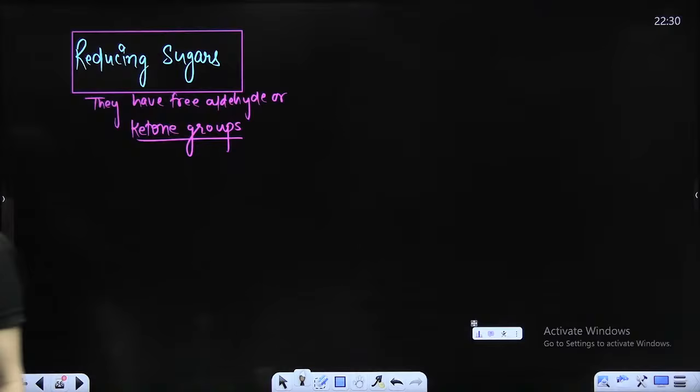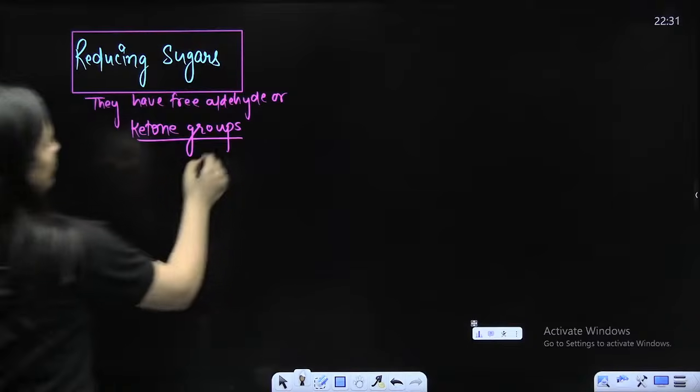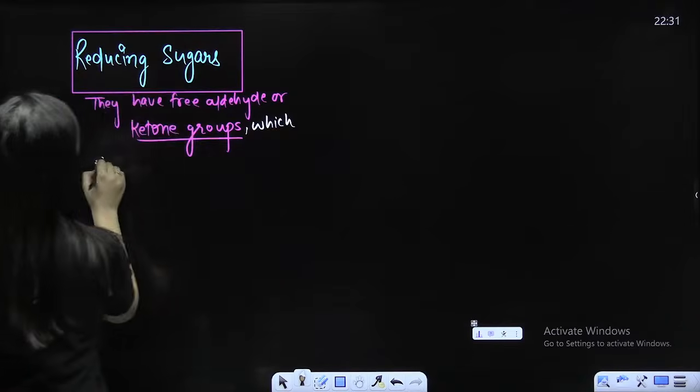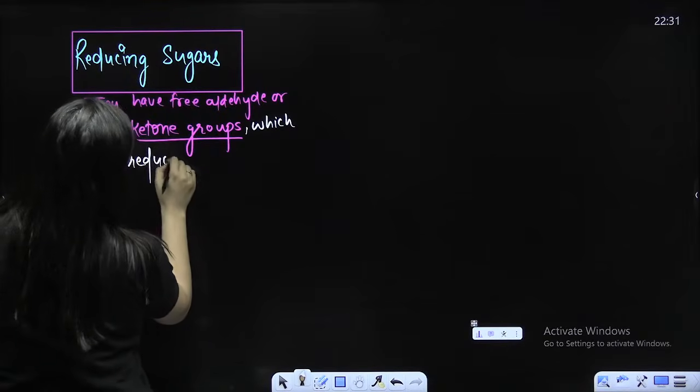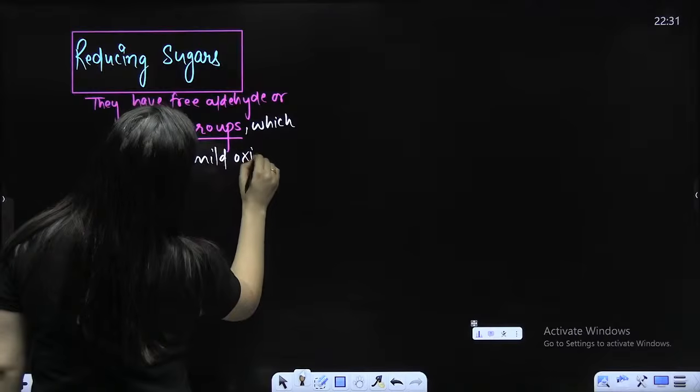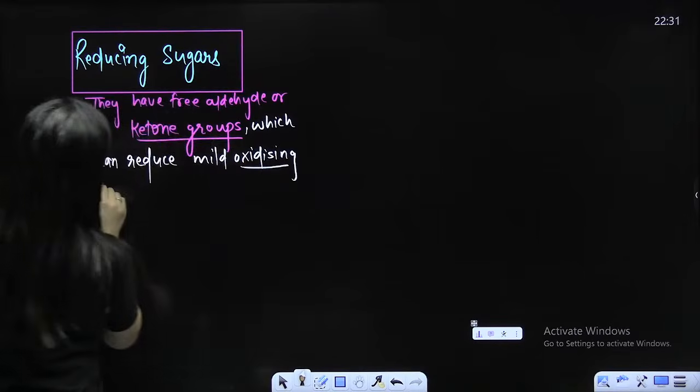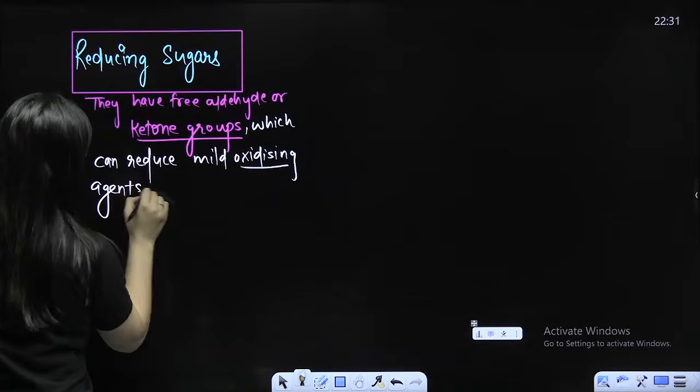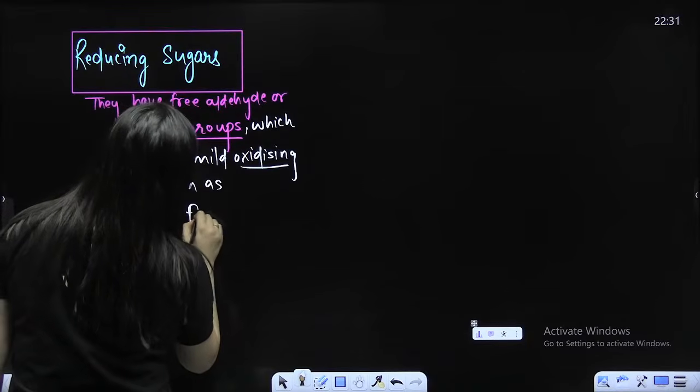So what are these reducing sugars? They have free aldehyde or ketone groups, which can reduce a mild oxidizing agent. So they can reduce these oxidizing agents, such as, in chemistry also you study that, such as Fehling